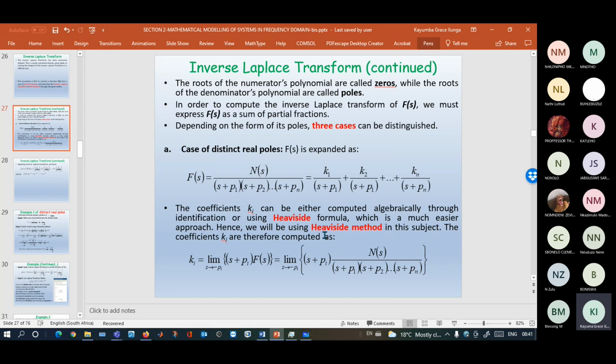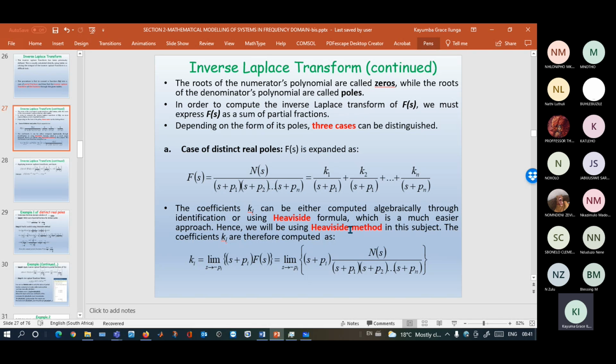Okay, you can see from the slide, I said to find the value of k, what you need is k1 will be the limit of ki, limit of s approaching pi. We use the factor that is under the k, multiply by f of s, which is our function. Then you find that limit here. Okay, so this is the same thing, but we have extended it so you can see properly. So we have our